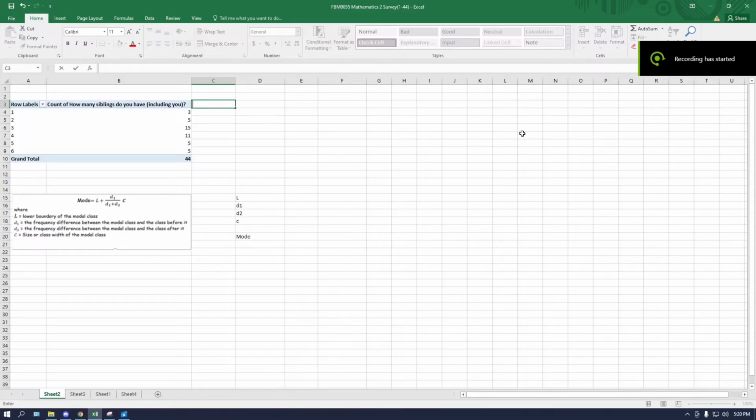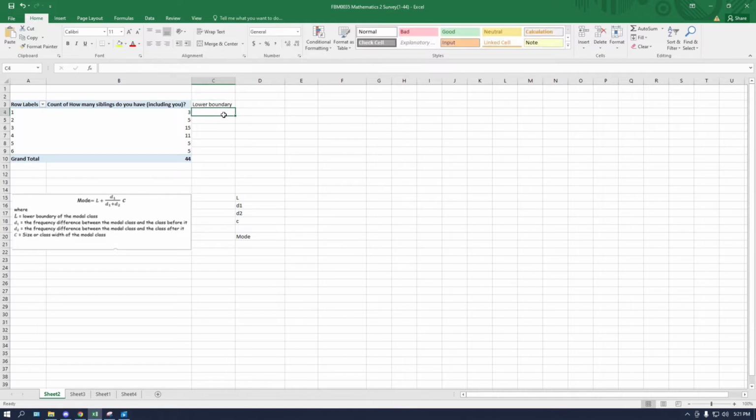So right now we're calculating the mode for the discrete data. From the formula, we need the lower boundary of the modal class, the frequency difference between the modal class and the class before it, the frequency difference between the modal class and the class after it, and lastly the size or class width of the modal class. So first we need the lower boundary. So let's find the boundary, which is 0.5 and then 1.5, and from here we can calculate